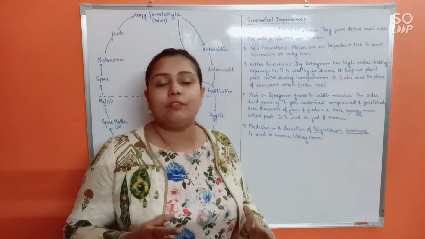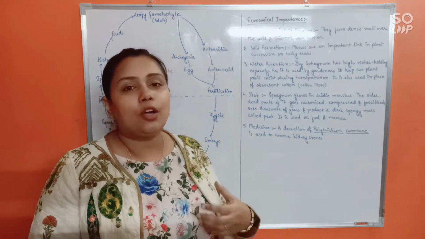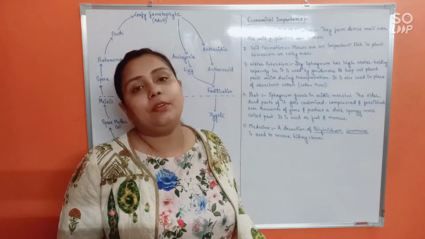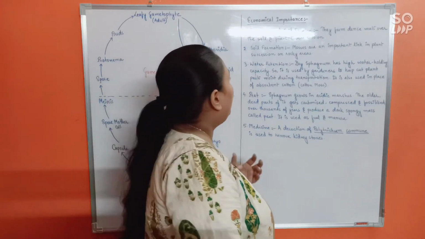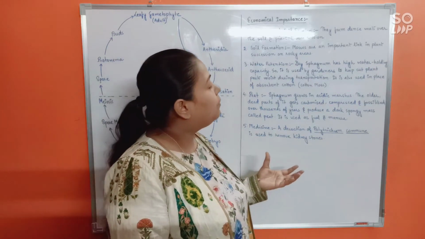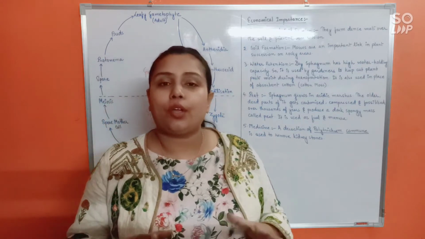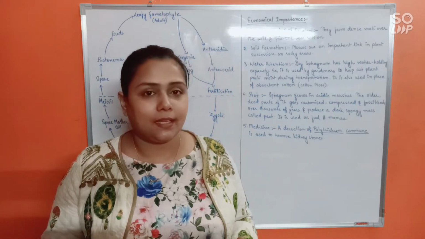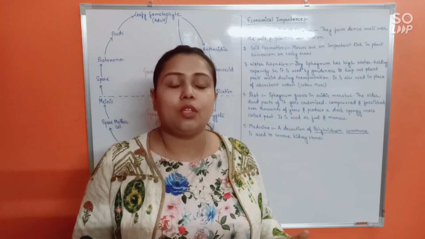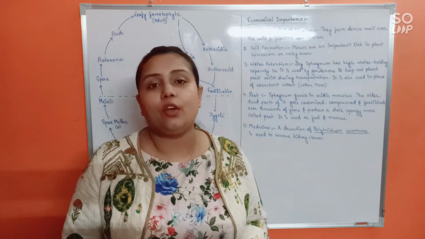I have been telling you from the very beginning that bryophytes grow together in the form of mats or carpets on the soil. Of course, then they will hold the soil very tightly, preventing soil erosion. Soil formation. Mosses, specifically like sphagnum, are an important link in plant succession on rocky areas. See, on the rocky surface, first thing that grows are lichens, but after that, the next thing that proceeds is going to be the bryophytes. So they are also important in soil formation because they also allow weathering of rocks.